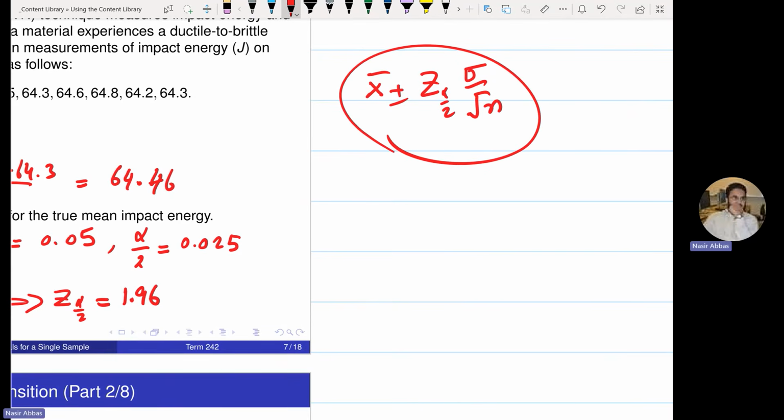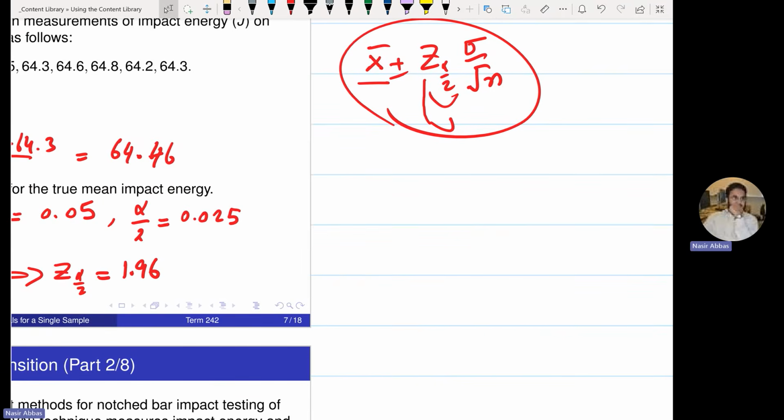Now we have all the components of this formula ready to be plugged in. Do you have the X bar? Yes. Do you have the critical value? Yes. Do you have the population standard deviation? It should be given in the question. Do you have the sample size? Yes. Everything is ready to be plugged in. So just plug in